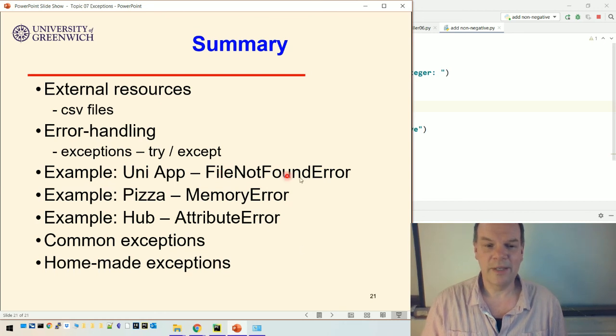So file not found, memory error when the program runs out of memory, and attribute error as a sort of internal check that one of the objects is able to do what you want it to do. We've seen that actually there are 60 exceptions available in Python, but we can even create our own using this homemade exception code. So I hope you found that interesting, and I'll leave it here and see you next week